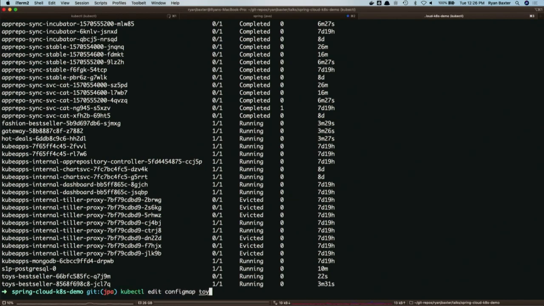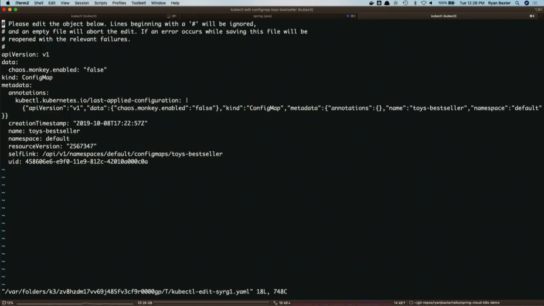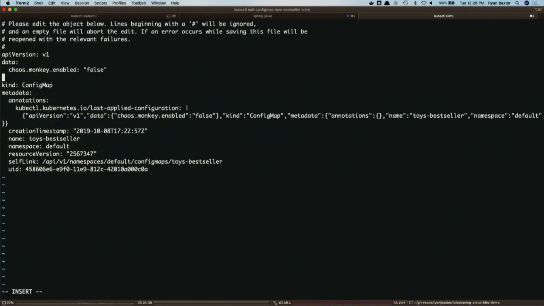So I would just edit this config map, just as we saw earlier. Here you can recognize the chaos monkey enabled property. So let's add the same attributes that we set when we were running the application locally. So you know the property.